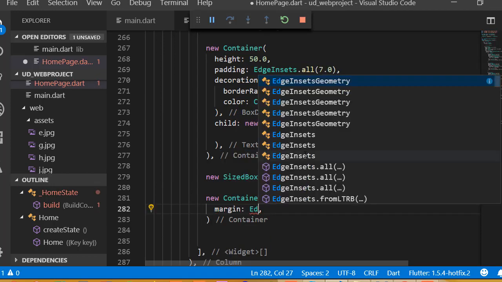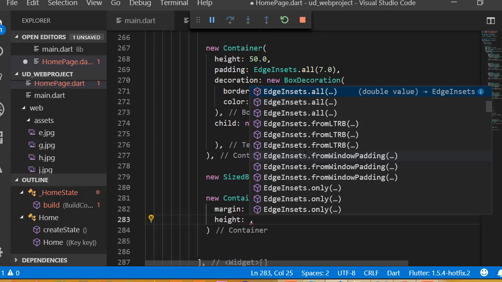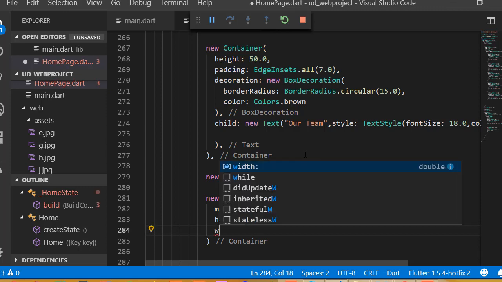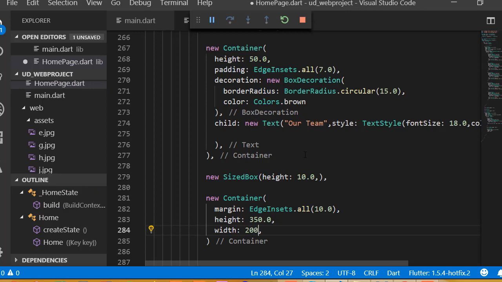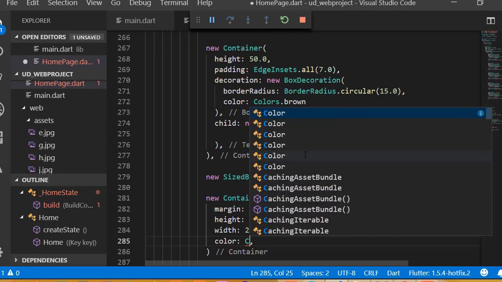And after this height, in here we need to add another container, and this container contains a margin as EdgeInsets.all, and I can say 10.0. And after this margin, in here we need to define the height. So let's say height is going to be 350.0, and width is going to be 200.0, and define the color is going to be